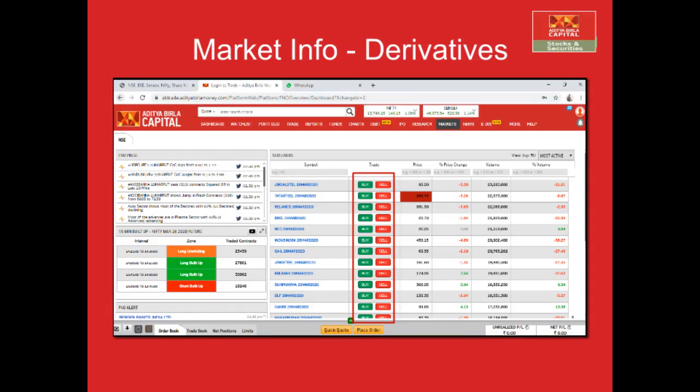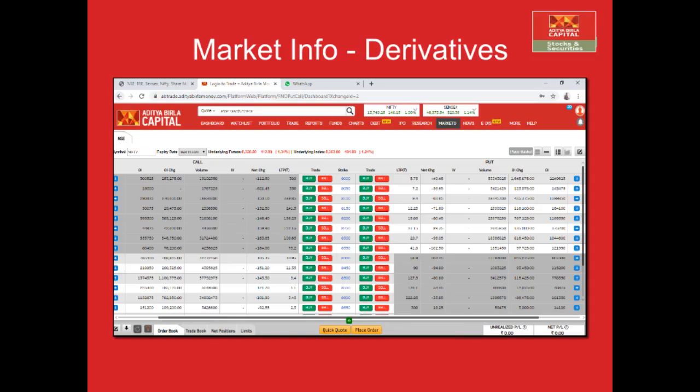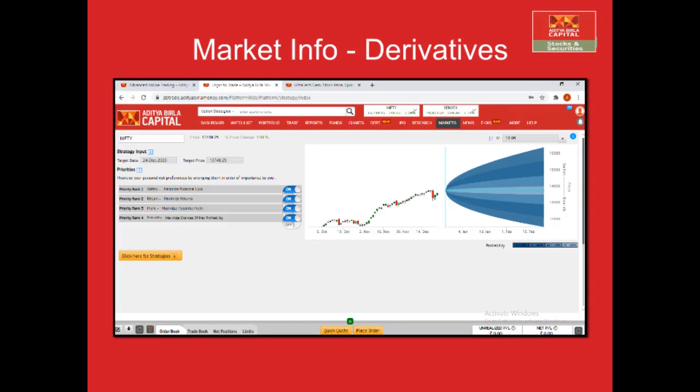Under Derivatives, the Overview tab will lead you to a brief view of the strategy and news. Screeners here allow you to trade directly. Under Derivatives, Option Chain will display a watch list of different options enabling you to strategize and trade efficiently. Option Strategies is an extensive research particularly made for traders who trade in options.